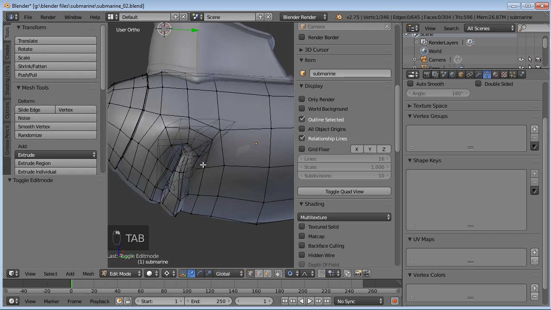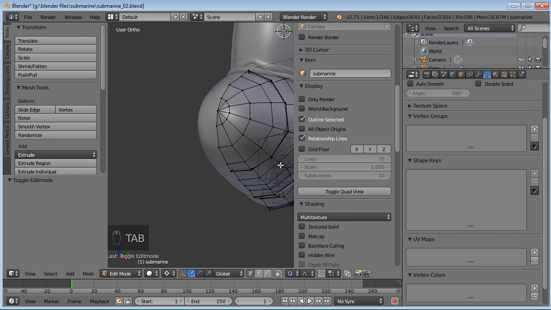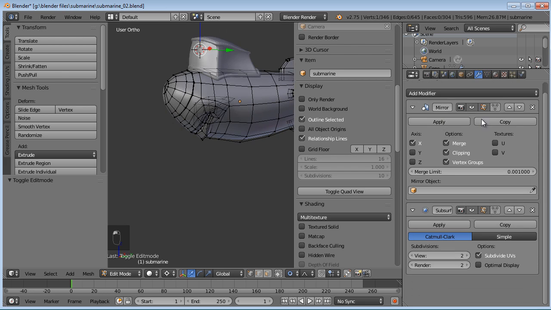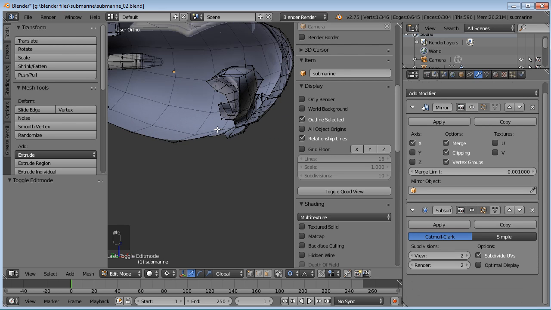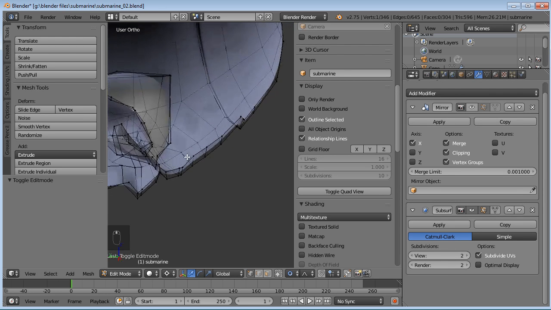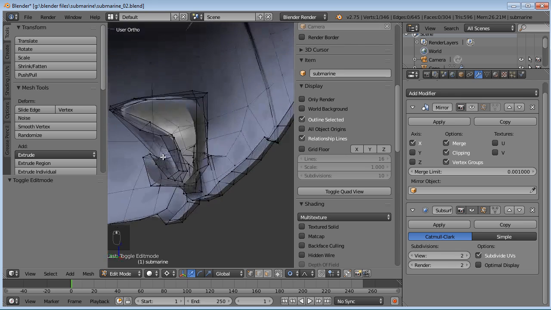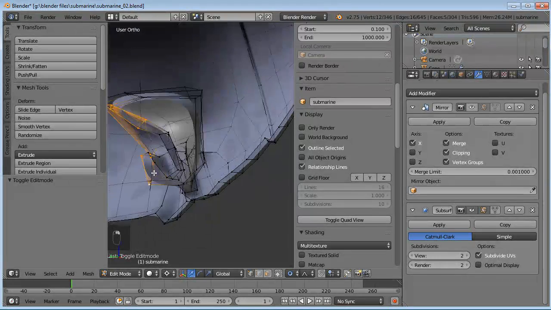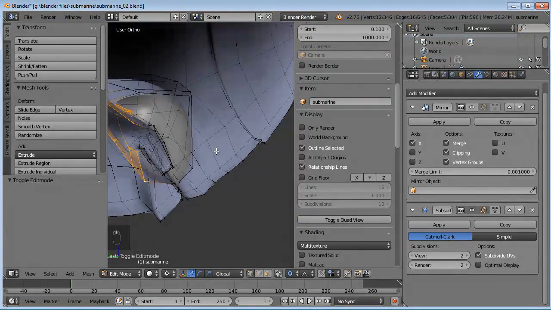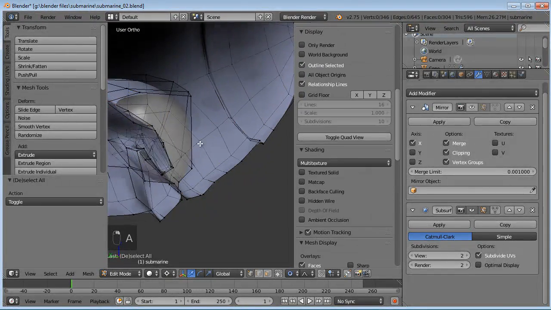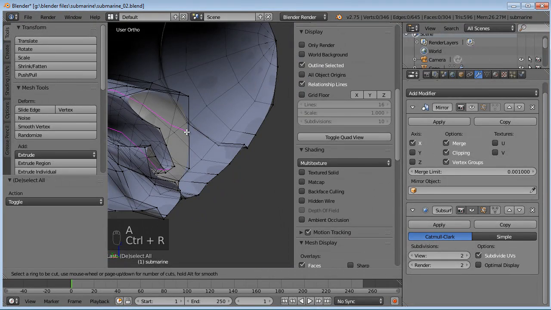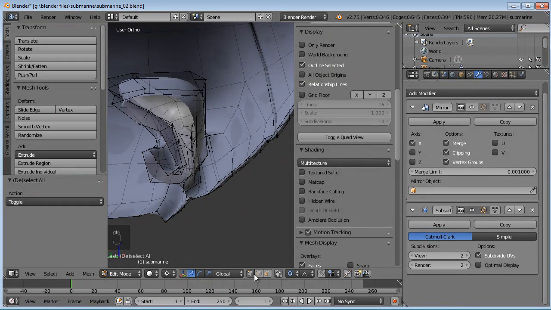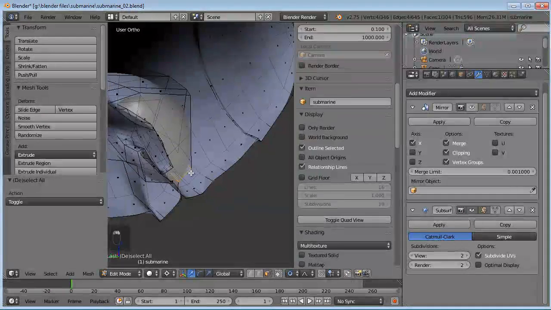Let's go ahead and do the teeth real quick. So we'll tab in here, and let's turn off our mirror for now so we can kind of see inside the mouth a little better. So the teeth need to be roughly along this loop, around in the bottom there, and then around this loop here. But I don't want to add a loop there because it would add a loop to the tongue as well. We don't want that.